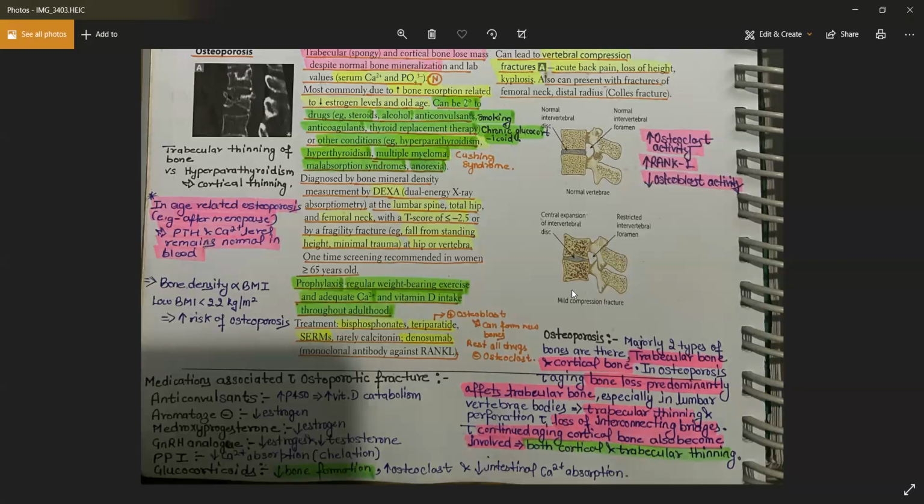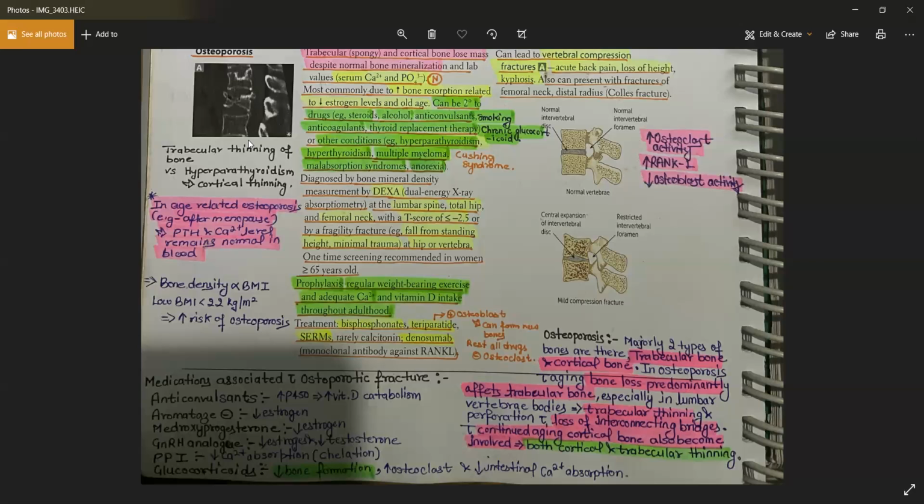Very important to note: in patients with osteoporosis, there will be high osteoclast activity, high RANK ligand, and decreased osteoblast activity, right? As a result, bone resorption is much higher than bone formation. Because of the bone resorption, the most common location of the osteoporotic fracture is the